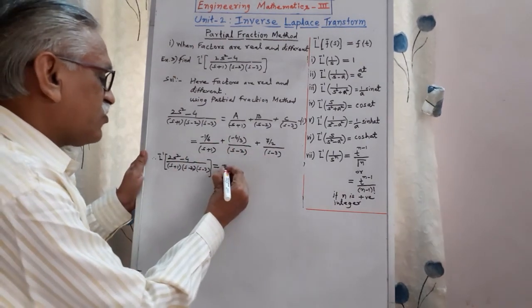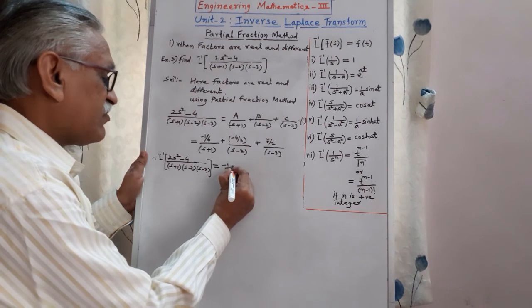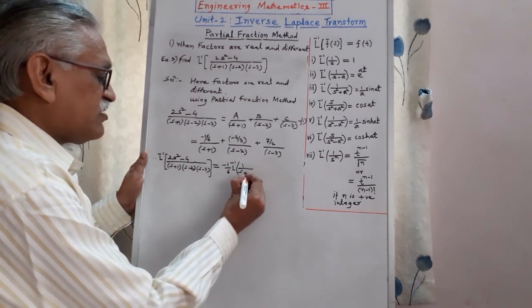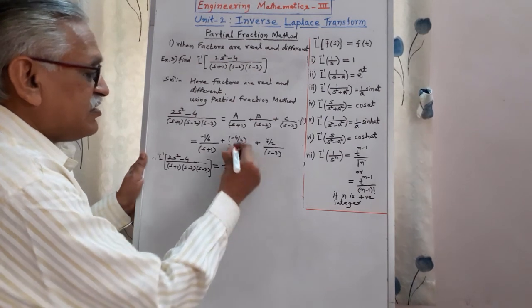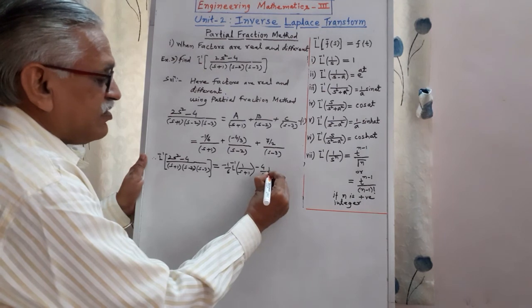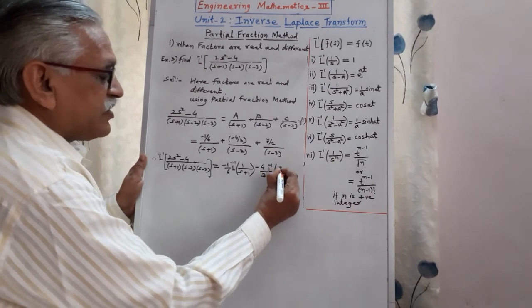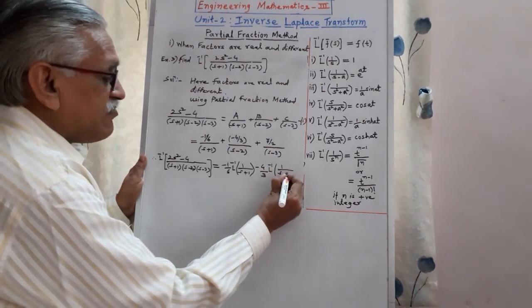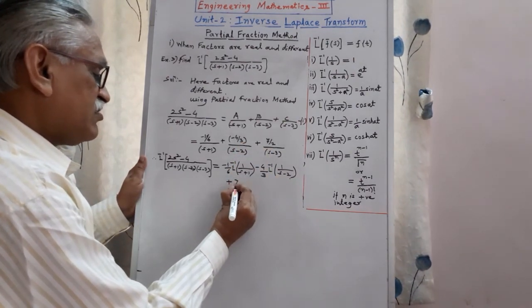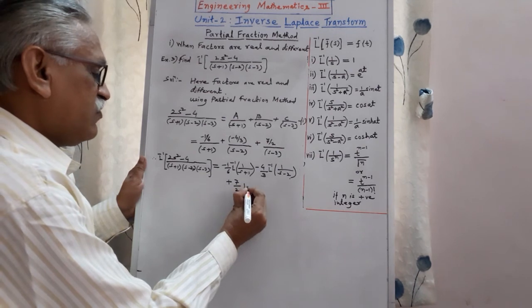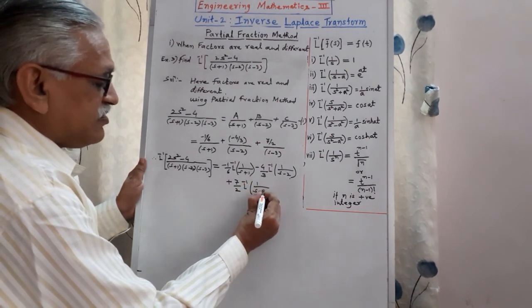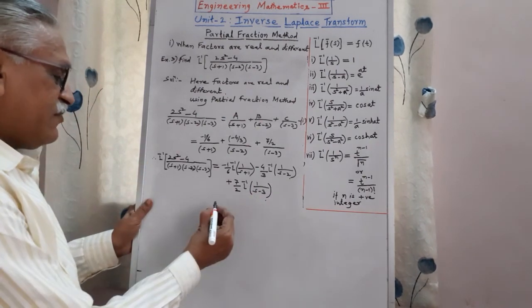Therefore minus 1 by 6 constant times inverse Laplace of 1 upon s plus 1, minus 4 by 3 times inverse Laplace of the second term, and plus 7 by 2 times inverse Laplace of 1 upon s minus 3, and therefore it is equal to